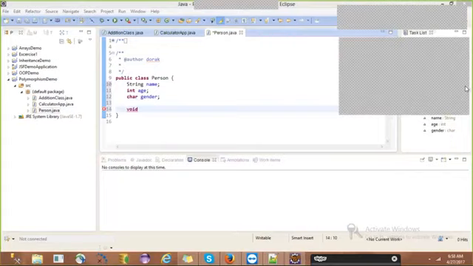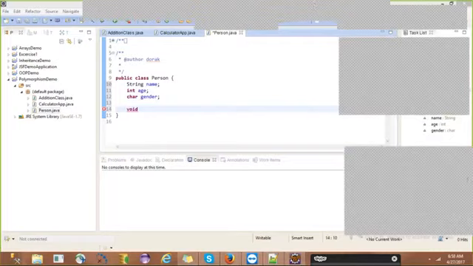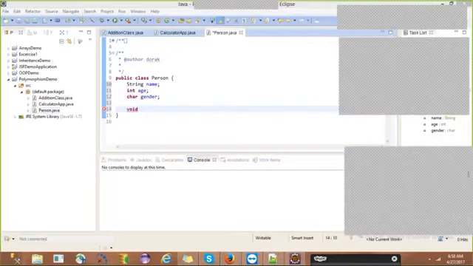Set details. Yeah, actually in the person, what are the standard methods that we have written? Set person details and get person details, right?